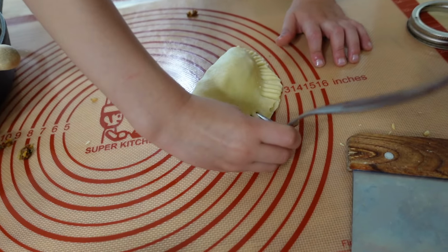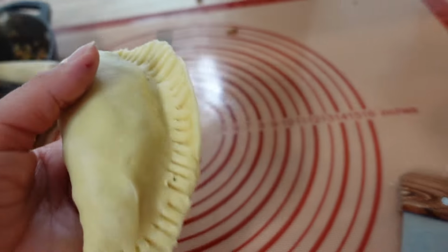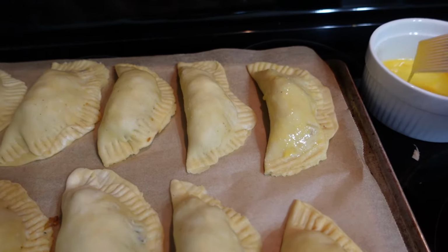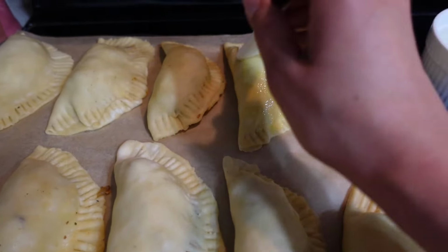It's gonna taste fine. Beautiful, Finn. I think that looks better than mine. You really took your time. I was just going through and rushing, but that looks beautiful. I have an egg wash here. I very often skip the egg wash just because it's mostly for aesthetics, but